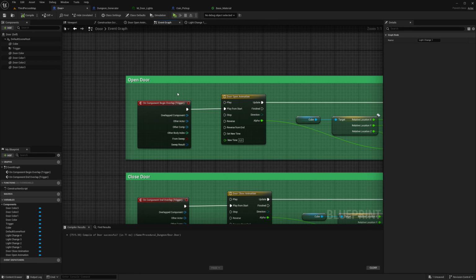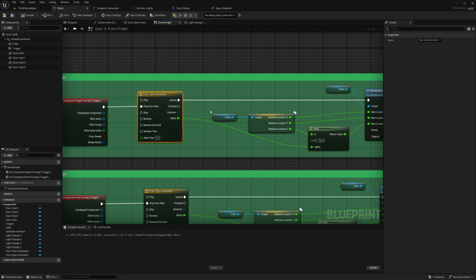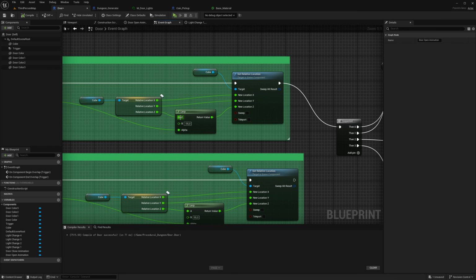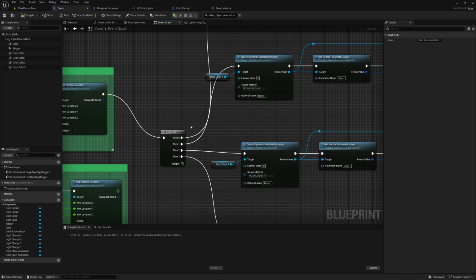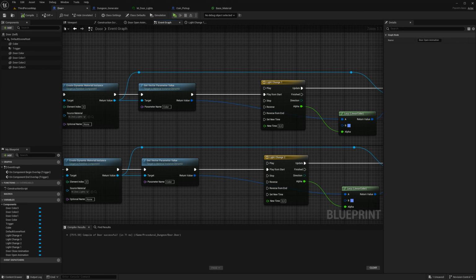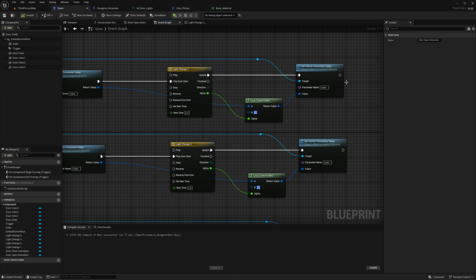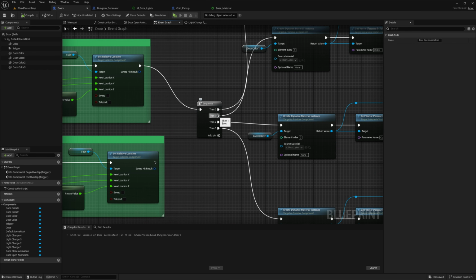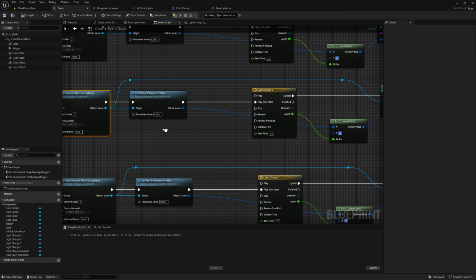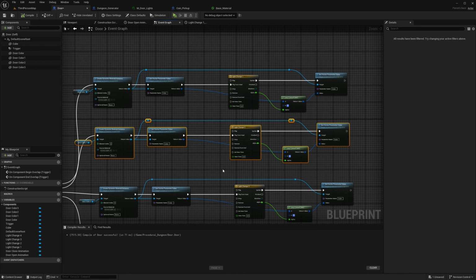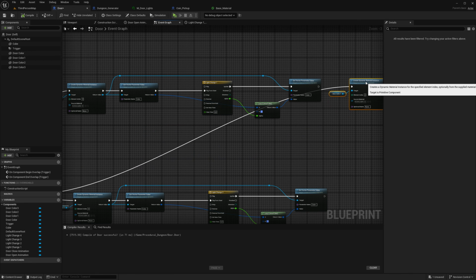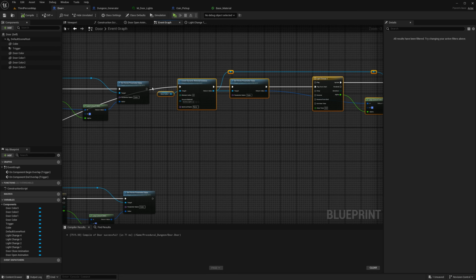So what is really happening on the begin overlap? We play the door animation, it opens, it moves the C location, then it goes to the sequence. The first thing it does is this one, right? It goes through all this, boom, boom, boom, and this is the end. When it reaches the end, it will play the next one, this one. It will go and play all this. It would be the same as if I took all this and played it after this up here, like plugging it in here.